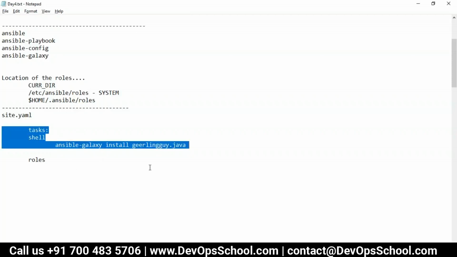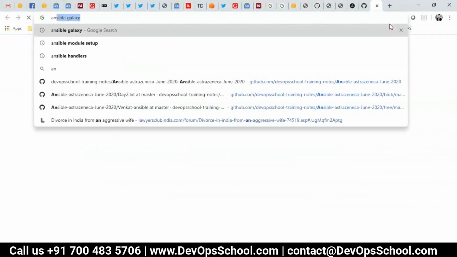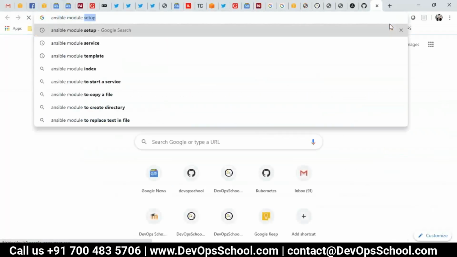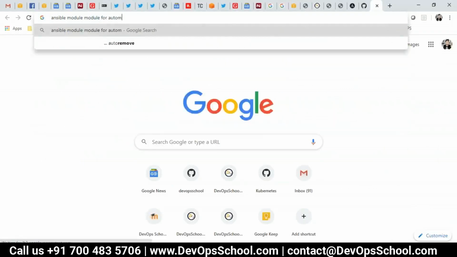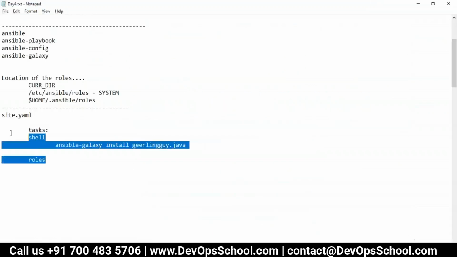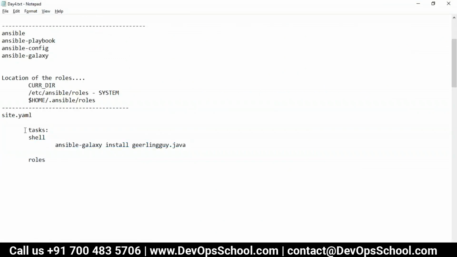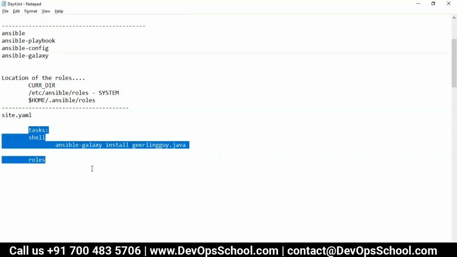This is a logic you can apply, but I have not seen any such things. Maybe there must be some modules. That's a different thing, but I have not seen it, so I cannot comment on that. Even I have not tried that, so that's why I asked. In this language, this logic will work for sure. In the site.yaml you use the task and then you call the roles. And in the playbook, you know that it runs in sequence, so you'll take care of it.